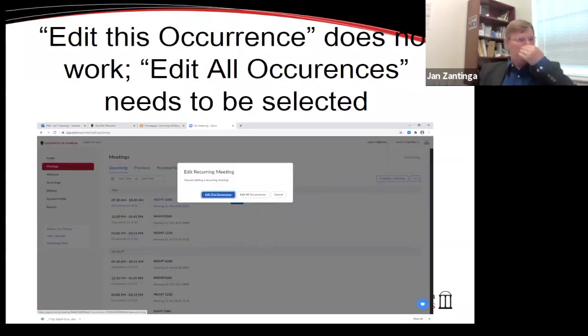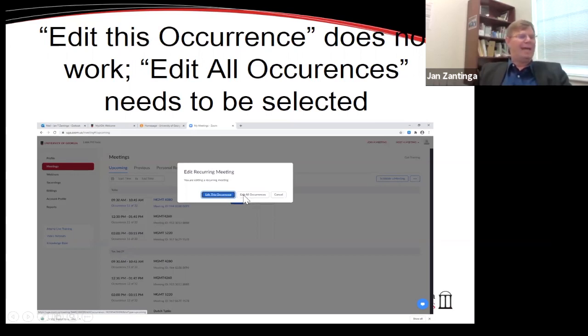And here is a tricky part because I actually use what's called recurring meetings in Zoom. A recurring meeting means that for my course, I have set up the same meeting for the entire semester. And even though this is blue and it says edit this occurrence, that will actually not work.